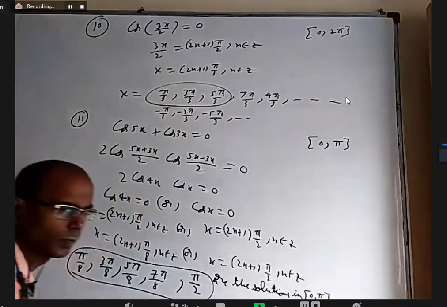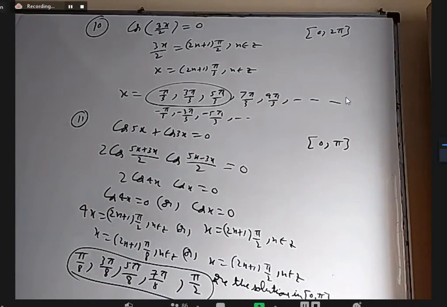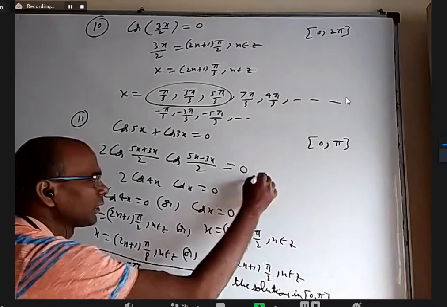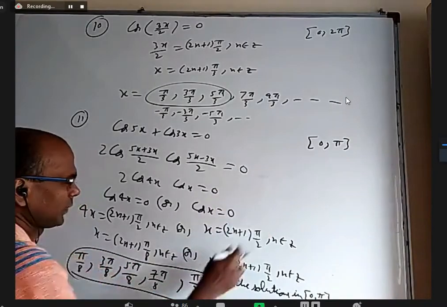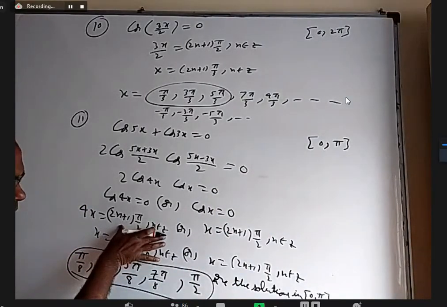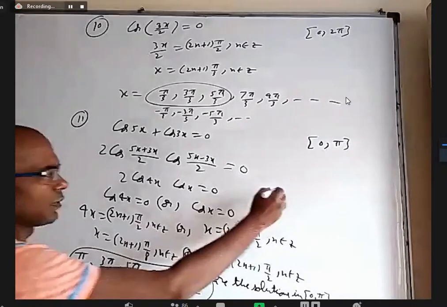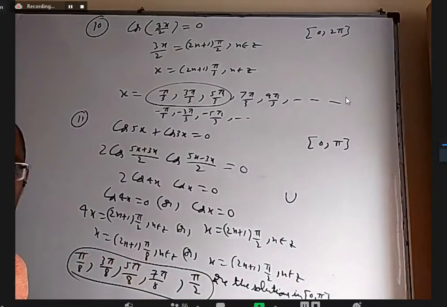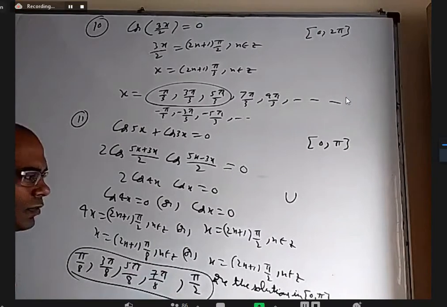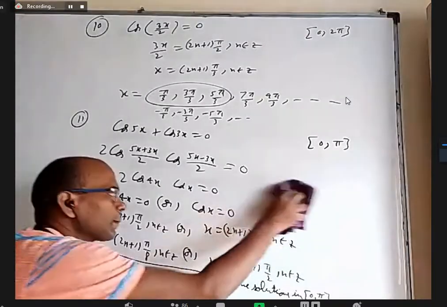Sir, that "or" will be there in the general solution, sir. Yeah, we write it as a union. Basically, we'll write one set here and another set, and we write a union symbol in between when we write in set form. Okay. Yes, sir. Later on we'll see how to write it. For the time being, we can leave it like this. Okay, sir.